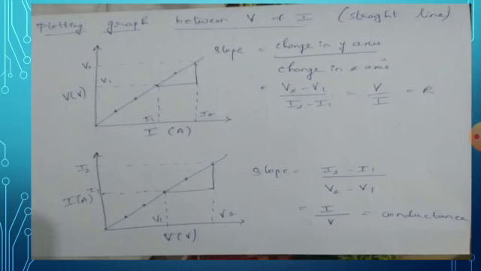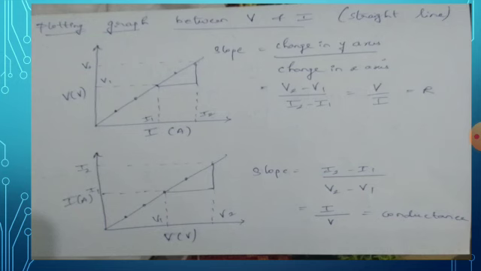Next, plotting a graph by taking the current along the x-axis and potential difference along the y-axis, normally we will get a straight line according to Ohm's law. But if you are taking the slope, what is the formula for slope? Slope formula is change in the y-axis divided by change in the x-axis. In the first graph, which term is taken along the y-axis? Voltage. So change in the voltage or potential difference is V2 minus V1, divided by x-axis we have taken current, that is I2 minus I1. So V by I equal to R. Actually V by I is nothing but resistance.